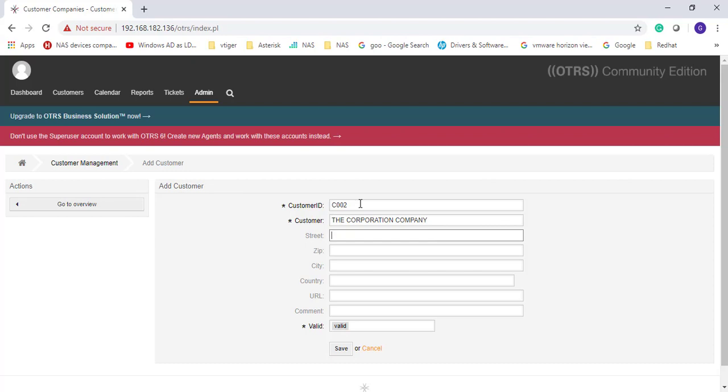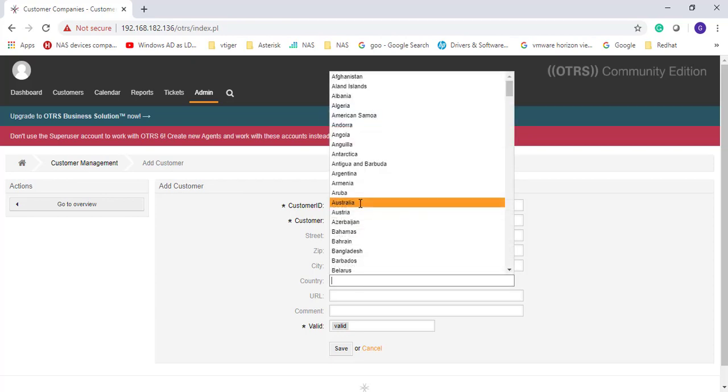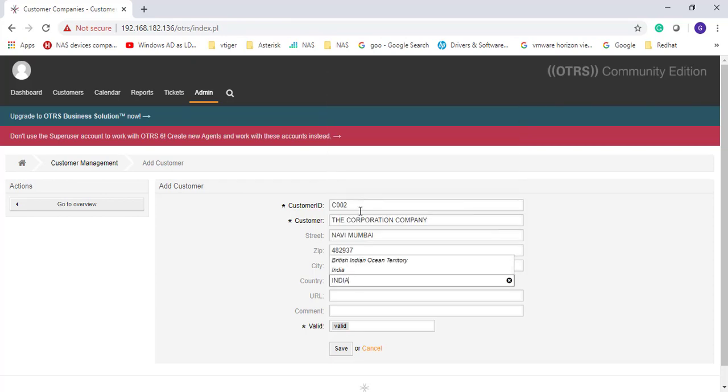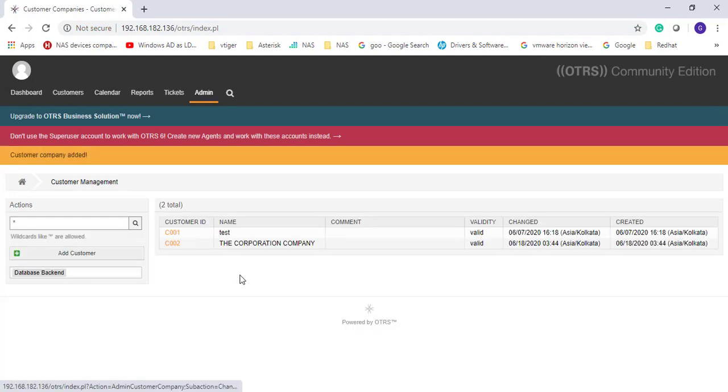Give the address. Give the country. It's saved. So now we have created company with the customer ID C002.